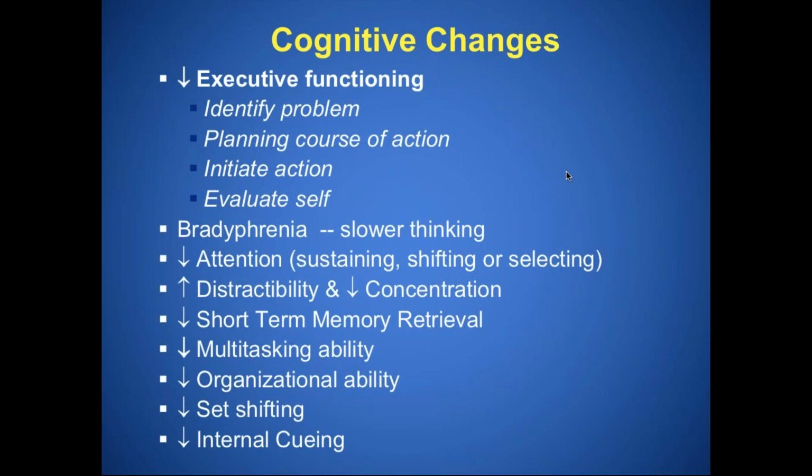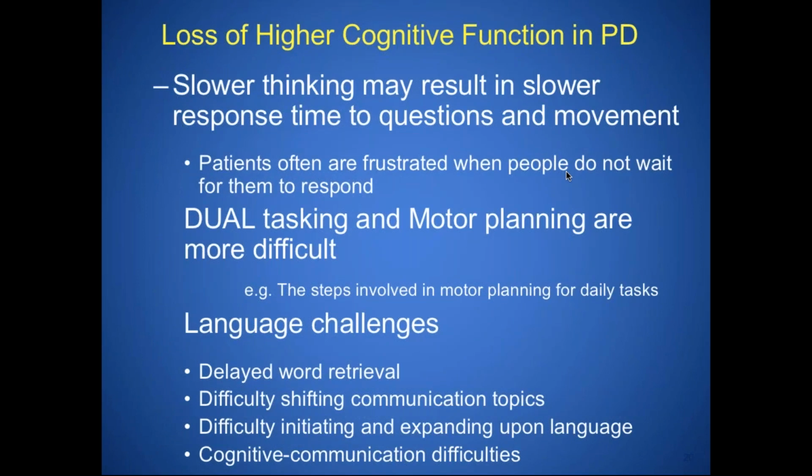Most of us can carry a basket of laundry up and down a flight of stairs and at the same time begin to think about a list of things we might need at the grocery store. But for patients with decreased executive functioning and cognitive changes, they're not able to do that. They have decreased ability to organize things, to set, shift, and to internally cue. The loss of higher cognitive function results in slower thinking and slower movements, and decreased response time to